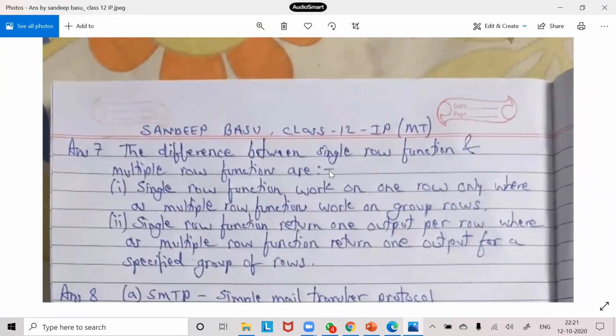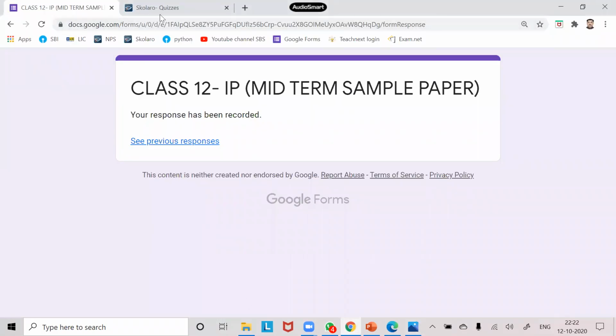Now it's time to go to Scholaro because the teacher is going to take the test in Scholaro. Google Form, I have shown. Now in Scholaro, you will go to the browser, www.scholaro.com, enter your username and password and go into your account. Let me show it through one of the students' accounts. I have already opened one of the students' accounts here and let me show you how it can be done.